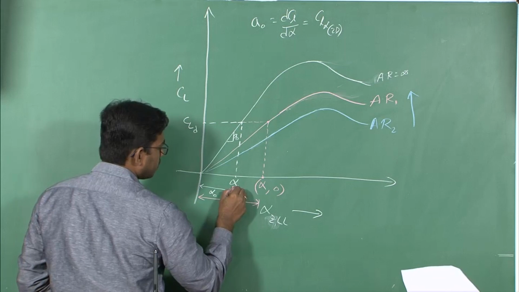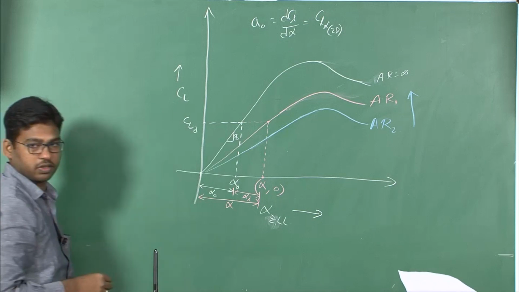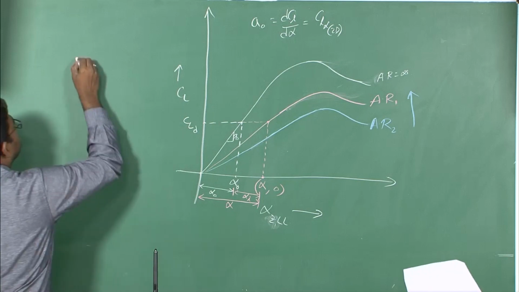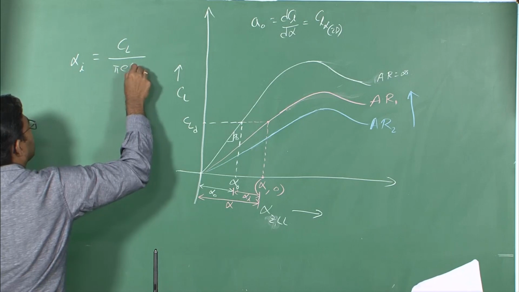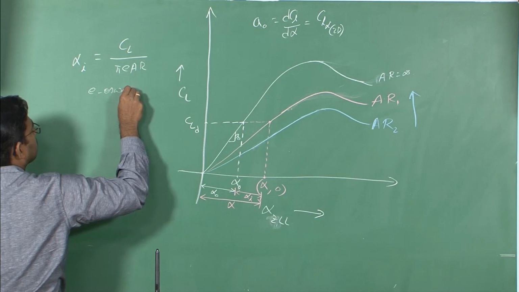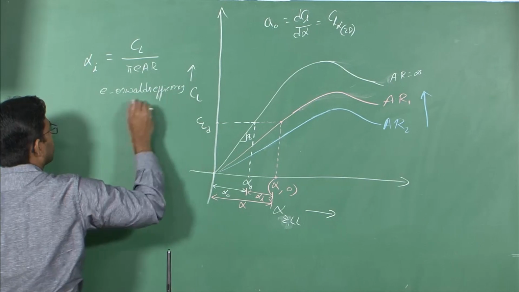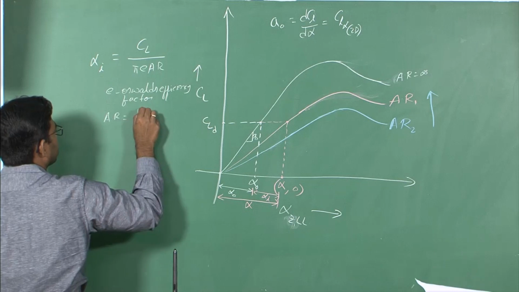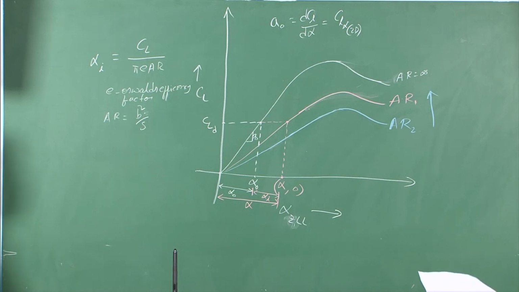Now for a wing we have an increased angle of attack compared to that of an aerofoil. This increment is due to the induced angle of attack which we have witnessed during our previous lecture, alpha I, where this alpha I according to lifting line theory is equal to CL by pi E AR, where E is the Ostwald's efficiency factor and AR is the aspect ratio, b square by S. Both are non-dimensional parameters here, right.